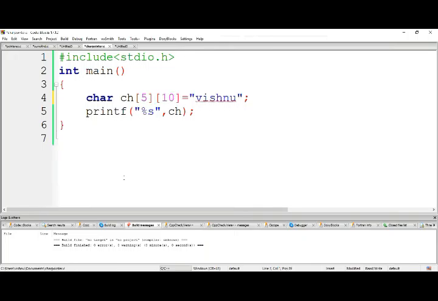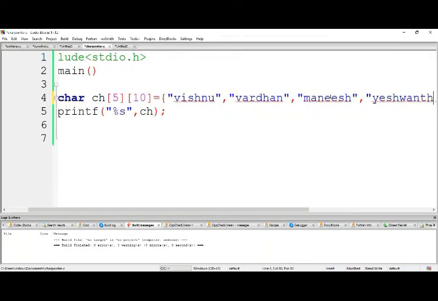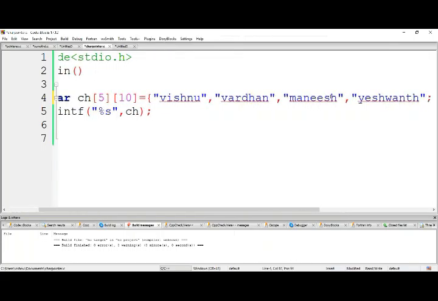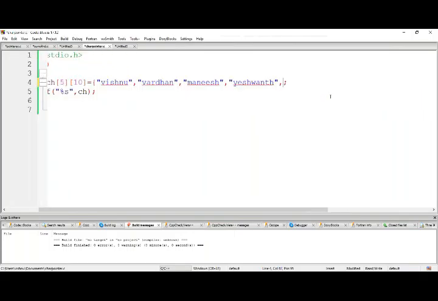So now it has become a two-dimensional character array, which is nothing but a string array. So let me print this string array.